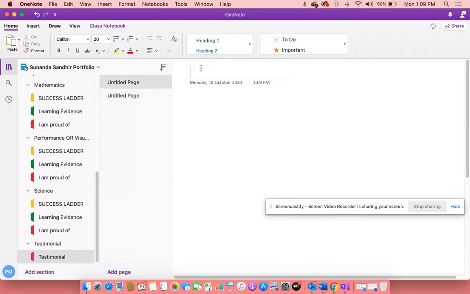Anybody who has given good feedback about your portfolio, or your teacher's feedback, anything that you're proud of, what people have written, you can take pictures or screenshots and add it here.